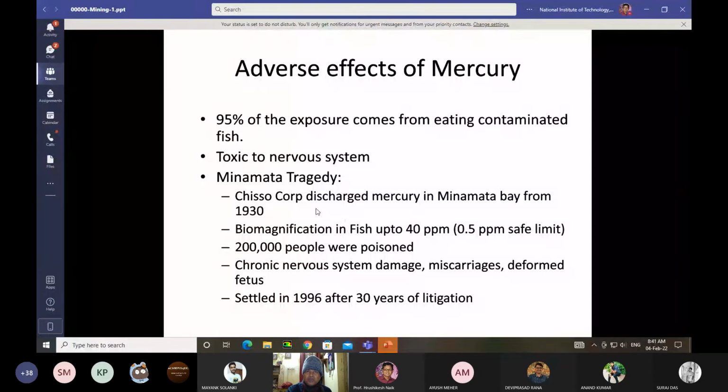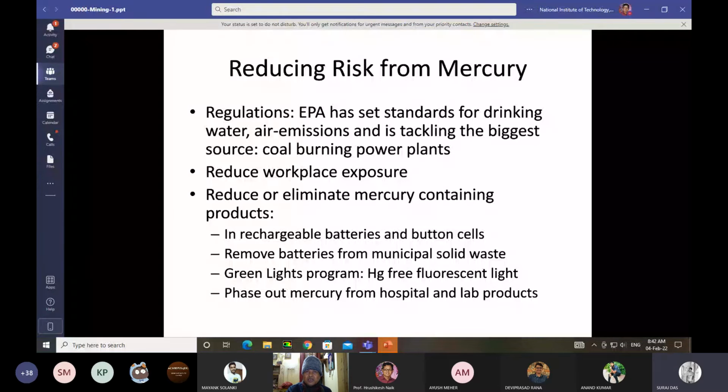So how to reduce the risk from mercury? As per the regulations, the Environmental Protection Agency has set standards for drinking water and air emissions, and is tackling the biggest source. Coal burning also produces mercury. Reduce workplace exposure, and reduce or eliminate mercury containing products in rechargeable batteries